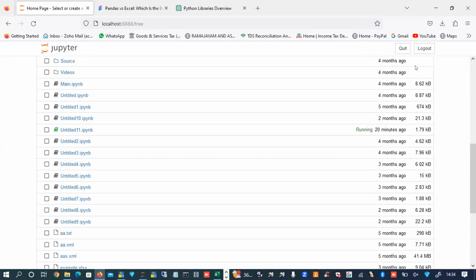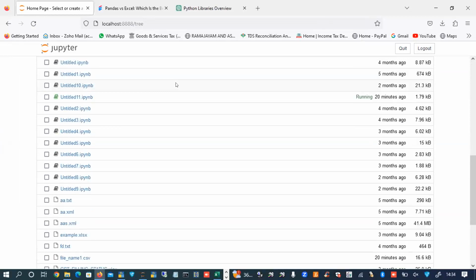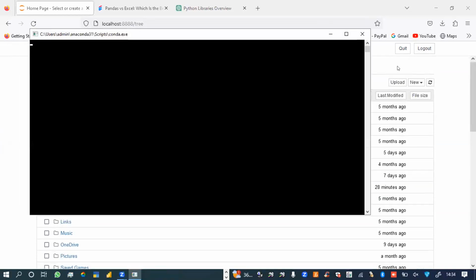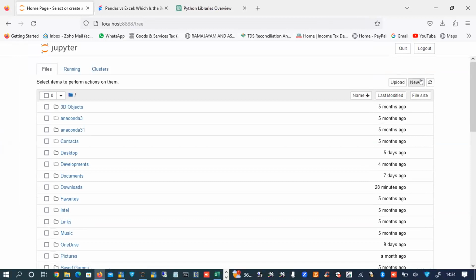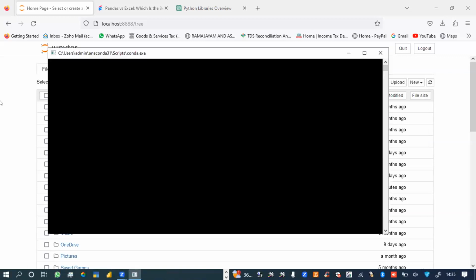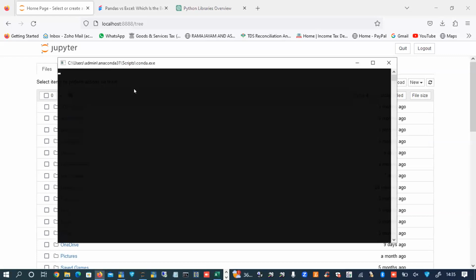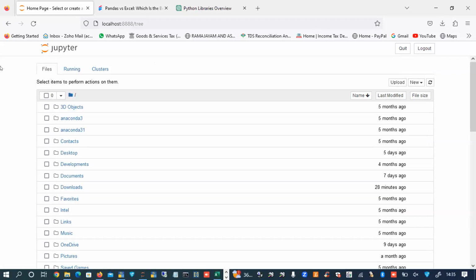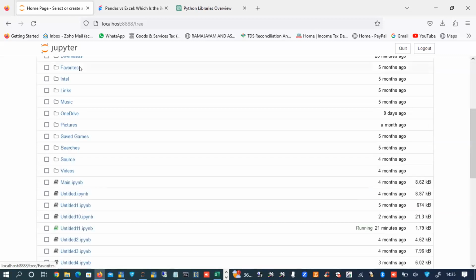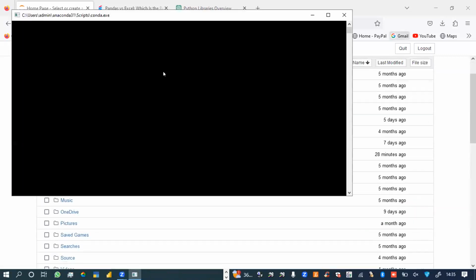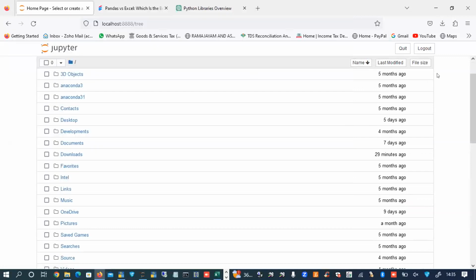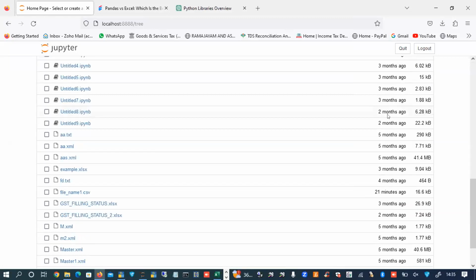Sir, I understand all the 20 participants could get the screen. Shall I proceed forward? There is no response, so I believe nobody has any trouble. Sir, just a minute, Anaconda is loading. Yes, sir, it takes some time, initially 2-3 minutes. I kept it loaded even before the start of the session, so it takes some time depending upon the system configuration. I clicked on it, still loading for me, showing me a black screen, but I've already loaded and kept it ready.